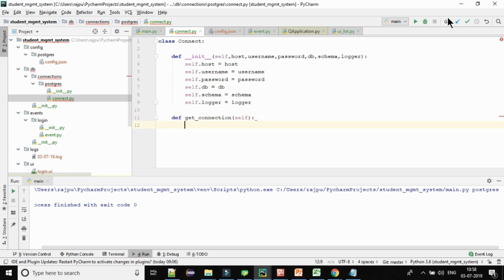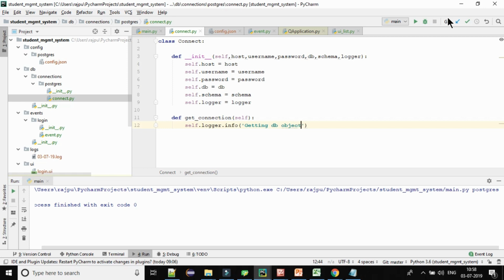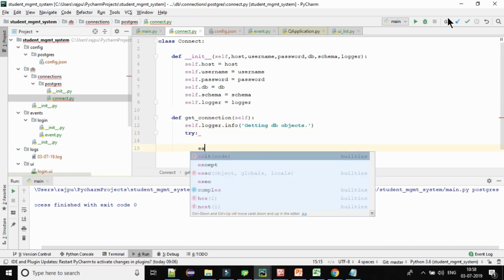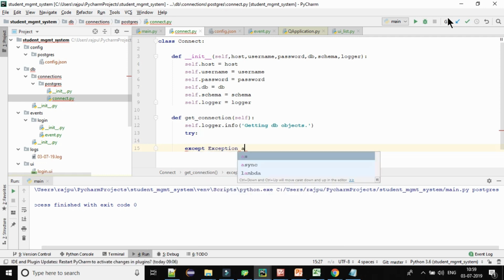Here, first self.logger.info "getting DB object", and here try, then except Exception as E,